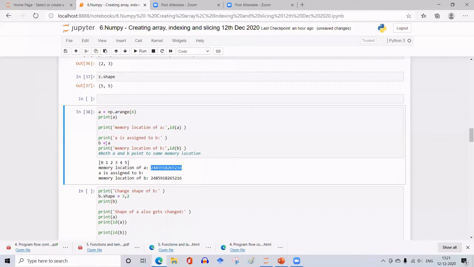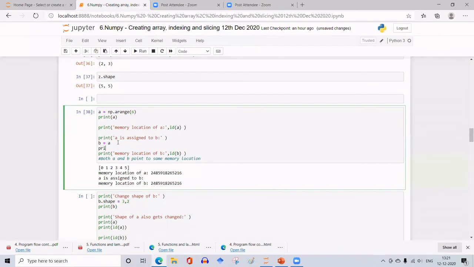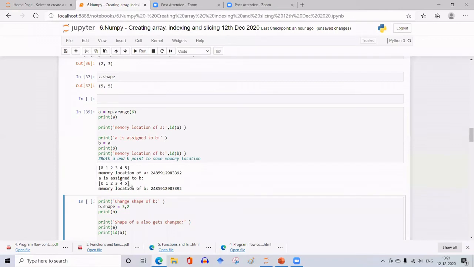Then I have assigned A to B, and let me also print B. So B is same as A. And what about the memory location of B? What do you observe in the memory locations of this A and B? Same. They are the same. That means even though we have assigned A to B, it has not formed a separate array in a separate memory location.